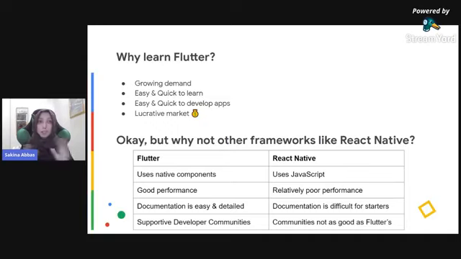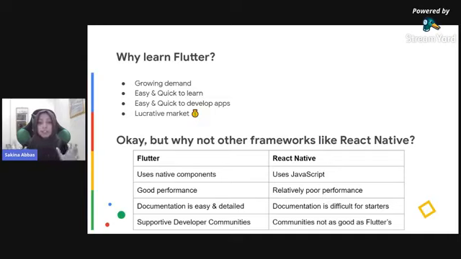Secondly, the documentation of Flutter is so detailed, it is so easy that anybody with any amount of experience can understand it. Okay, everything is well documented. There are frequent videos on the smallest bit of things, and it's just very supportive for the developers when they're trying to adopt this technology.